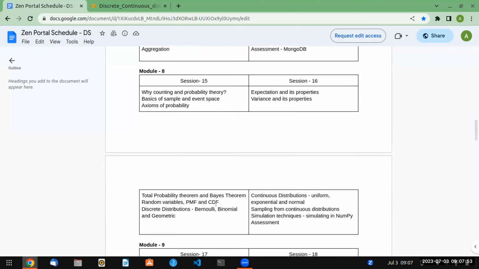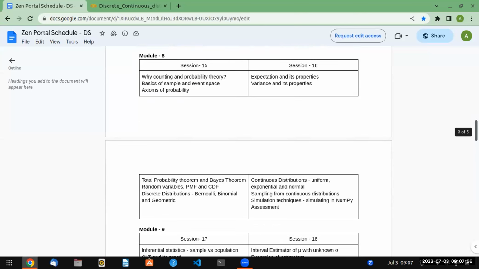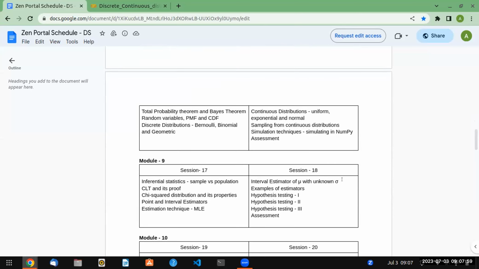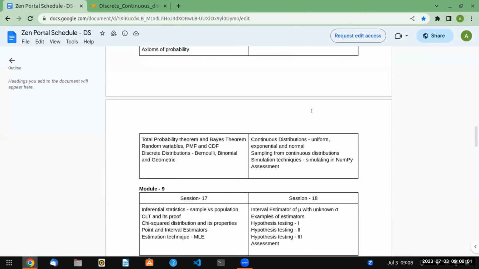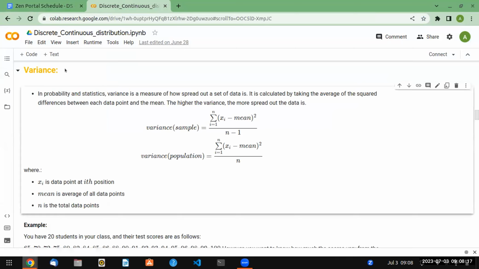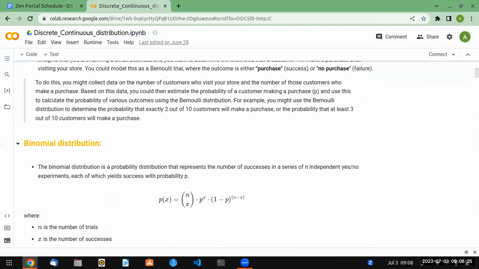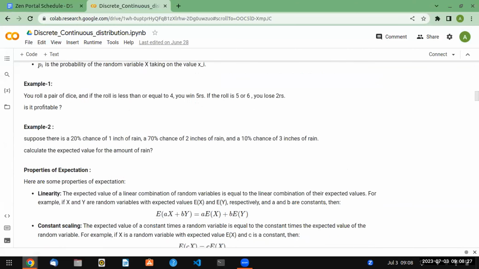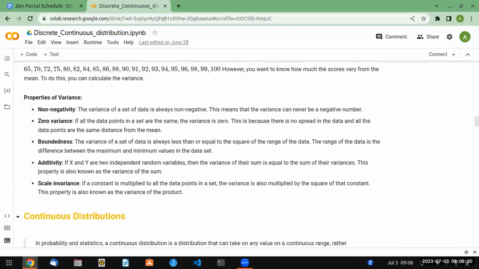Don't think about where you can use it or whether it will be beneficial or not, but the concept is you need to understand. And after learning this, we'll also try to simulate this in NumPy or code, so that you can implement this immediately in your work environment. That's up to you how you are going to use it, but let's see. So we actually are left with variance. Now let me recap the session for you. Let me first recap myself what we have. Yeah, so discrete distribution, right? Discrete distribution and continuous distribution.